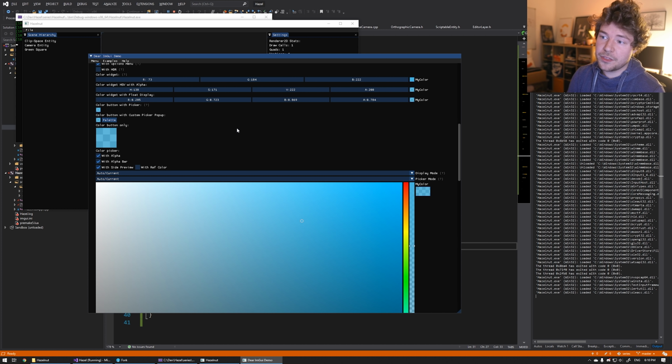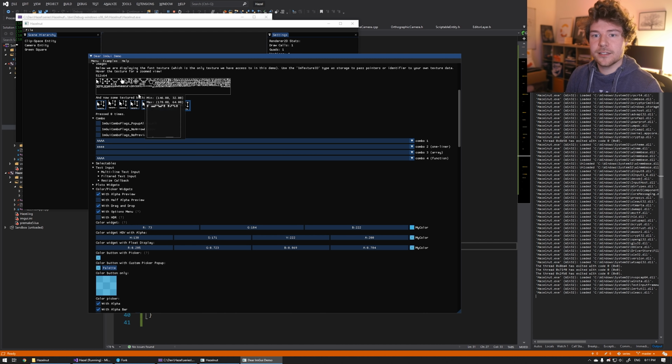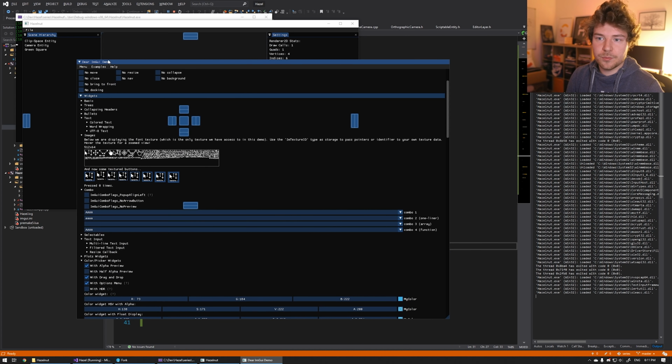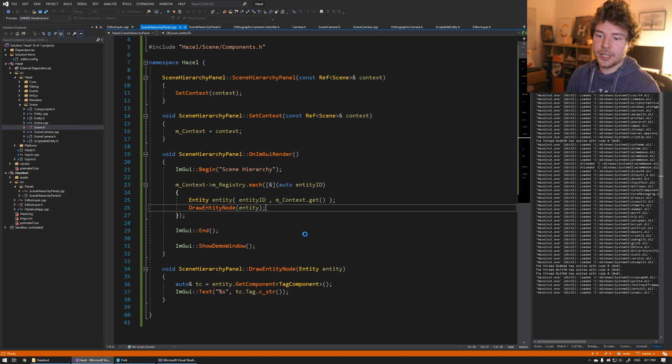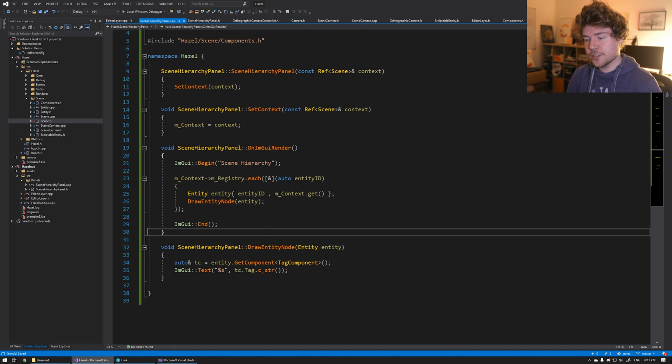This is the number one thing that I consult whenever I have to do something with ImGui. For sure, it is this ImGui demo window because it's so useful. Okay, so that's basically the short story of how I worked out how to do all of this stuff. But luckily for you, I've already worked out how to do all this stuff, so I don't have to waste too much time. Instead, I might type this out